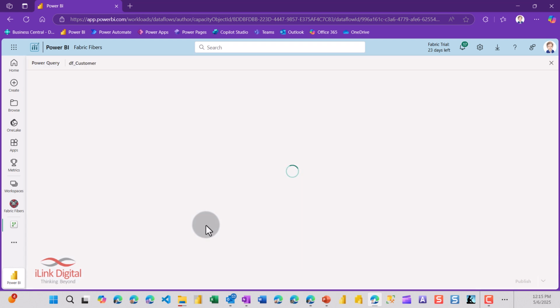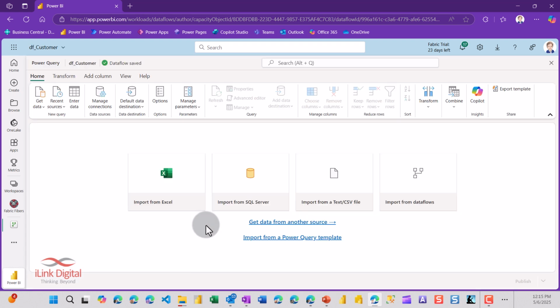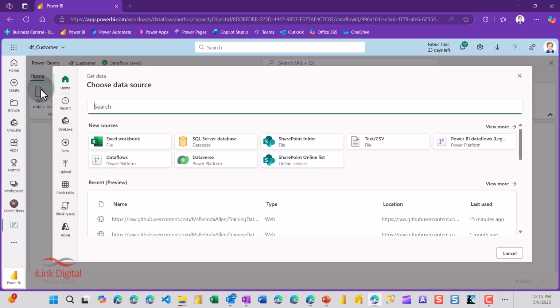And now it's actually opening up this Power Query experience. To me, it looks like a combination of Power BI Desktop and Query Editor merged together. So we're going to get the data for the customer in using this way. And then for the date, we're going to come back in and get a calendar set up as well, importing a Power Query template. Okay, so we will come up to Get Data like you normally would,